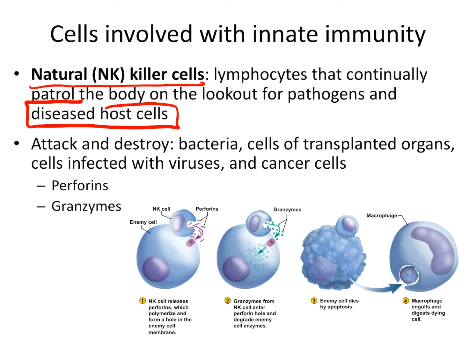So each of your body cells is going to have almost like a signature tag, a number of proteins that are displayed on the cell surface that are going to be unique to you and are going to signify to your immune system that that is a self cell and a healthy cell. And so our natural killer cells are essentially going to be able to detect abnormal cells by the absence of certain proteins on the surface. When the natural killer cell detects a cell that's either abnormal or infected, such as a cell that's been infected with a virus or even a cancerous cell,